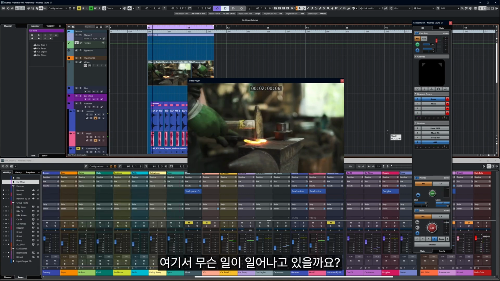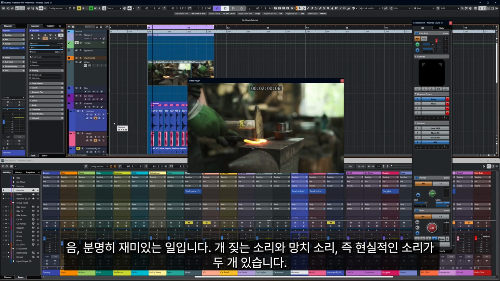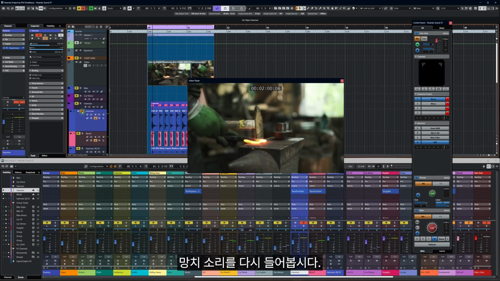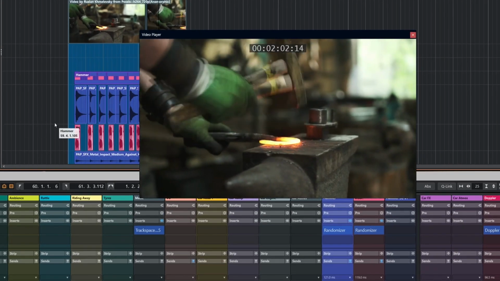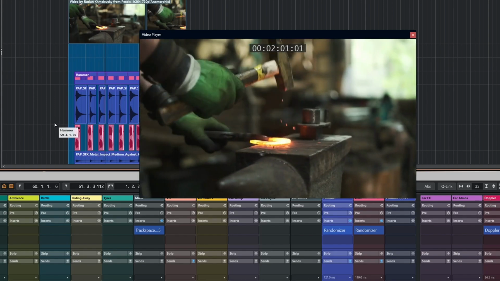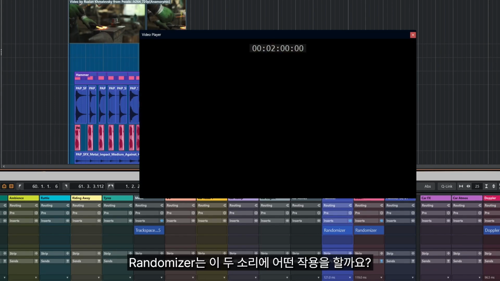Okay, so what's going on there? Well, obviously a bit of fun, really. We've got two sounds. We've got a dog bark and a hammer, which was the kind of realistic one. So have another listen to the hammer. And what does randomizer do to both of those sounds? Well,